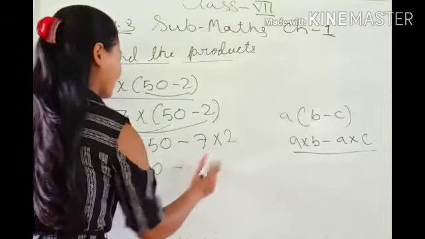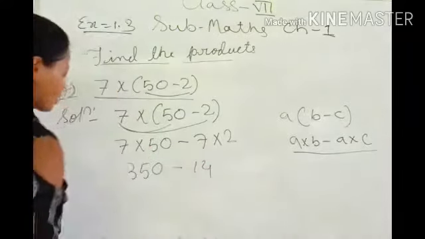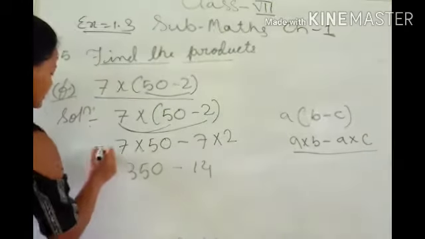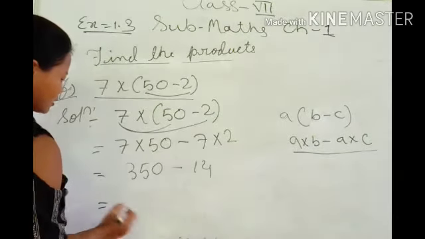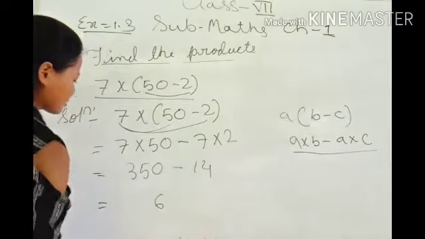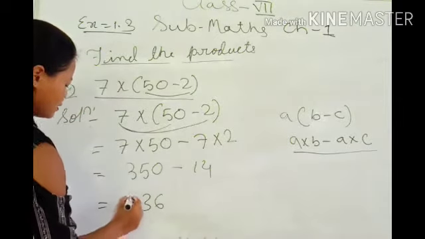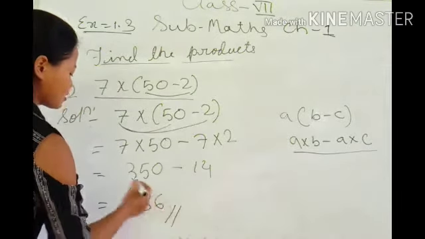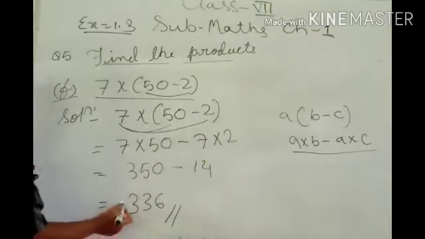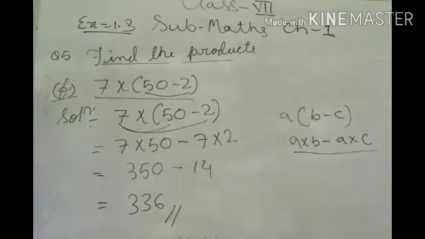Now again 7 into 2, how much? 14. So if you do the minus, what is the answer? The answer will be 336. So this is your answer. Which is greater? This one. So it will be the greater than sign. So now the next question is